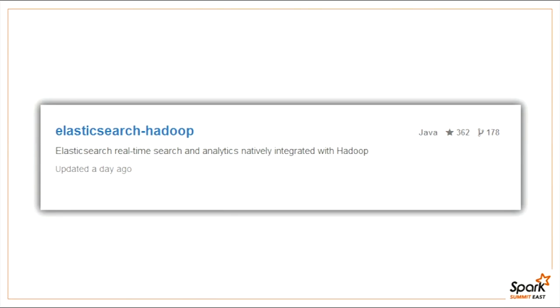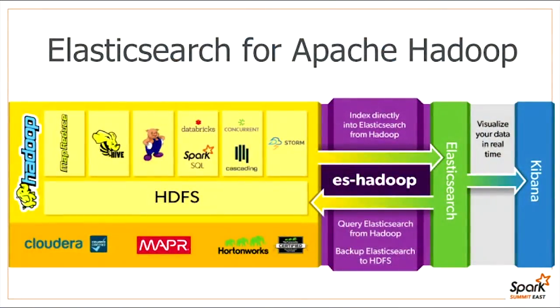And to do that, you can use the Elasticsearch Hadoop project, led by yours truly, which is again available on GitHub. It's open source, Apache license, and handles the integration between the Hadoop ecosystem and the various components in it, and Elasticsearch. Among those components is also Apache Spark. So we integrate with traditional batch-based MapReduce and the libraries on top of it, such as Cascading, Pig, Hive, but also Spark. We're glad to say that we have a partnership with Databricks, where we're also certified. We also work across multiple distributions.